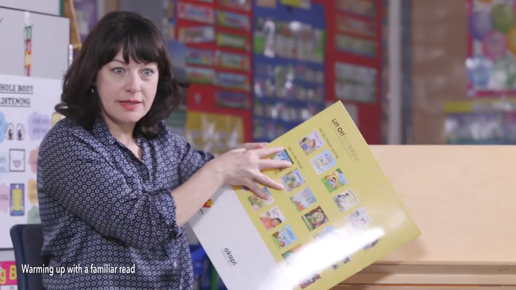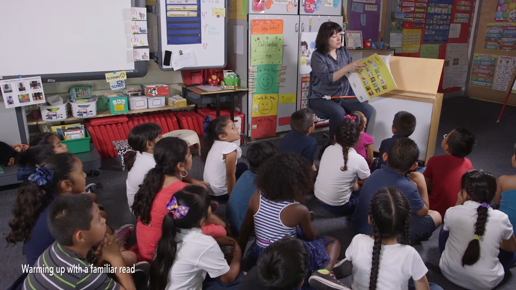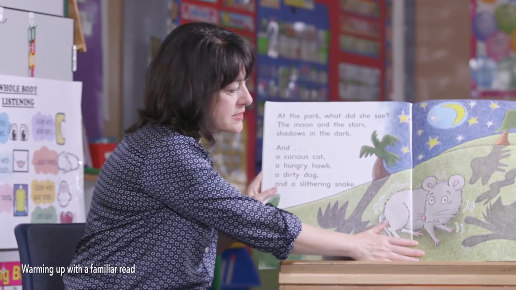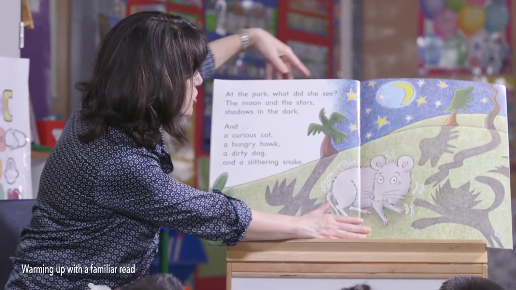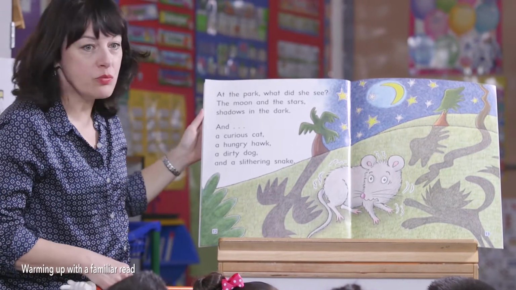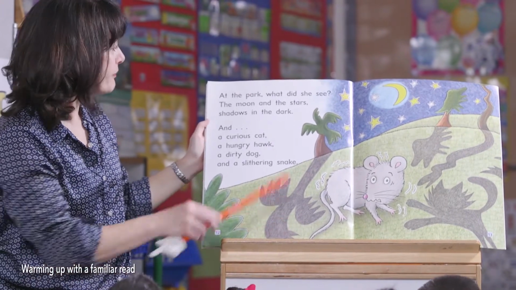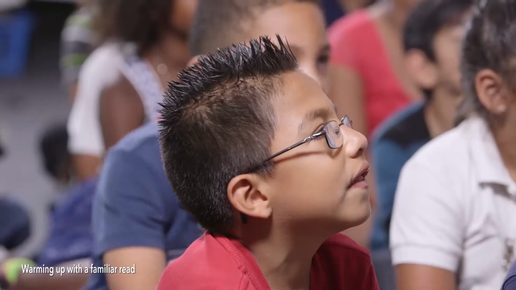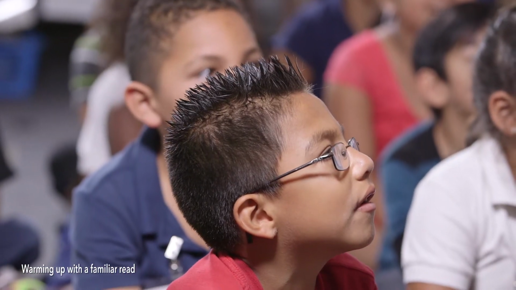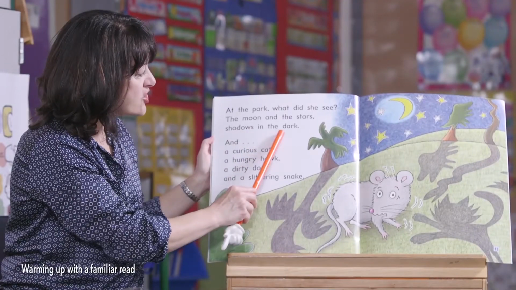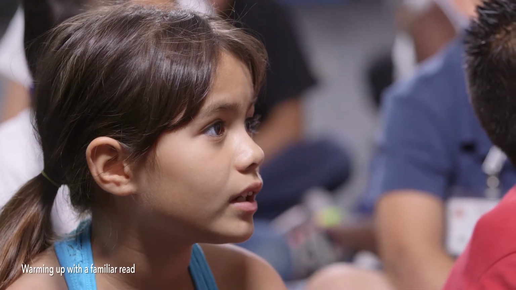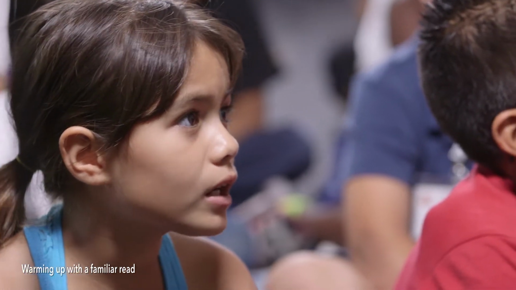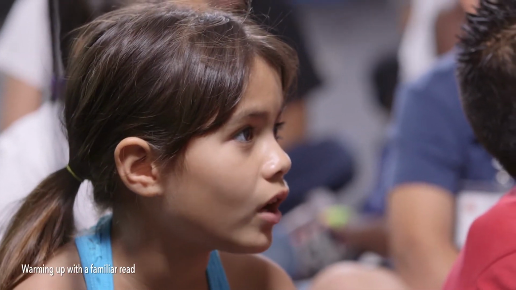Do you remember yesterday when we were talking about the cat's shadow, the shadow page? Remember this page? We were talking a lot about the shadow page. So let me read this page to you. You can read with me if you want. At the park, what did she see? The moon and the stars, shadows in the dark, and a curious cat, a hungry hawk, a dirty dog, and